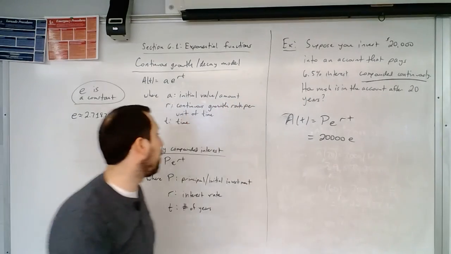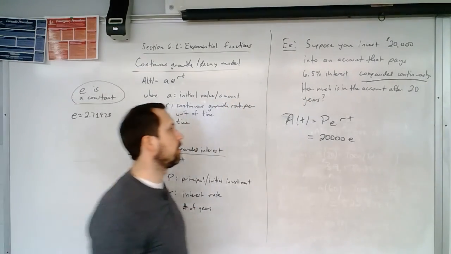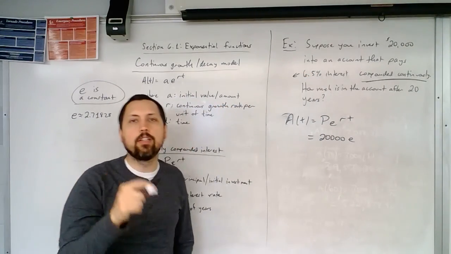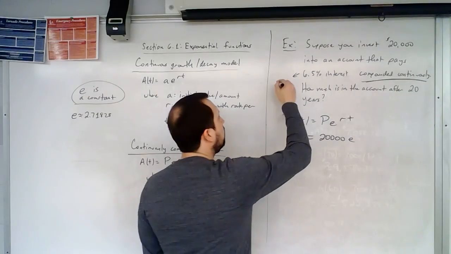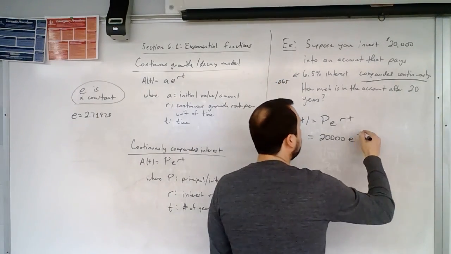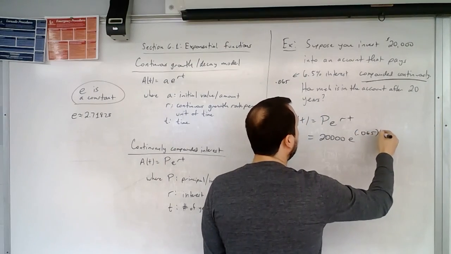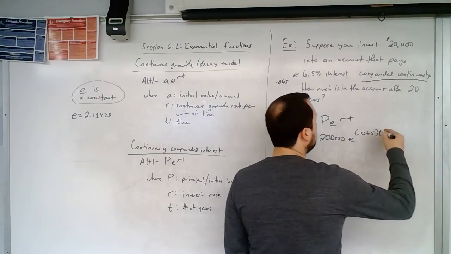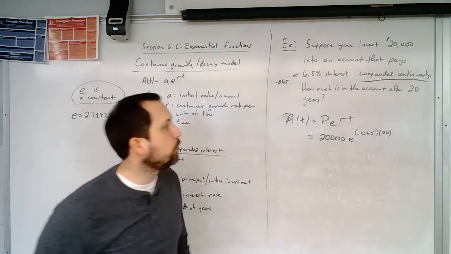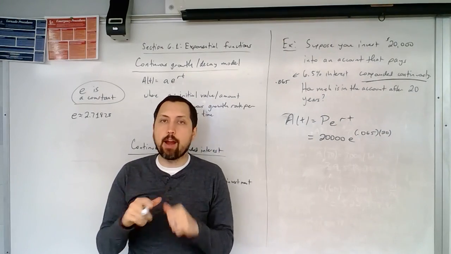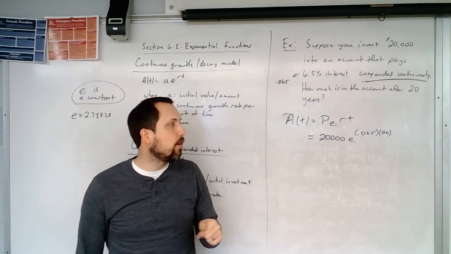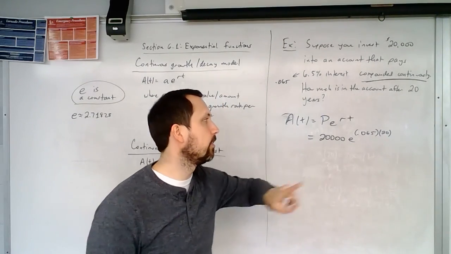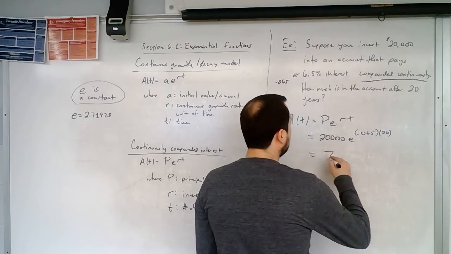Our r is the interest rate, which is 6.5%. Remember, we need that as a decimal. Never, ever, ever do computations with percents. So we have 0.065, and then the exponent is multiplied by the number of years, which is 20 years. When you put this into your calculator, practice this and see if you get the same answer that I do. Make sure you have parentheses around the whole exponent, so that the whole exponent is being raised to this. And what we get as a final answer is